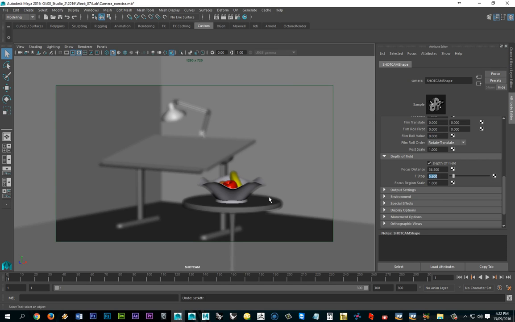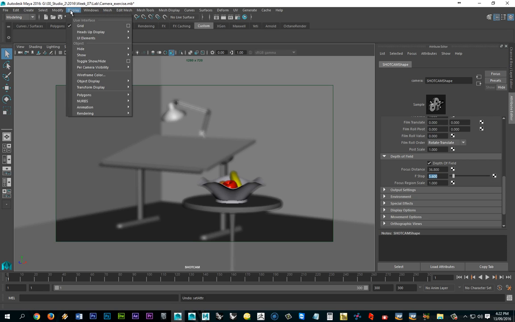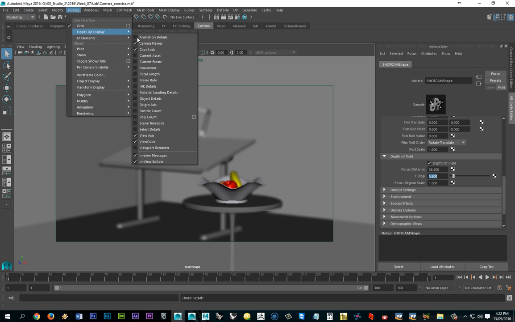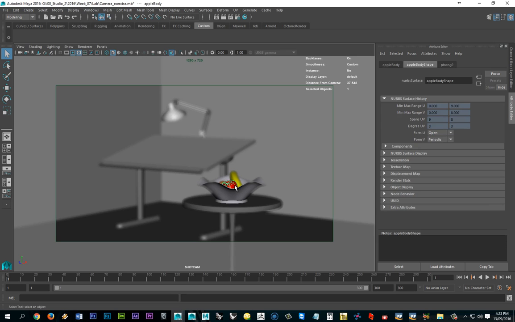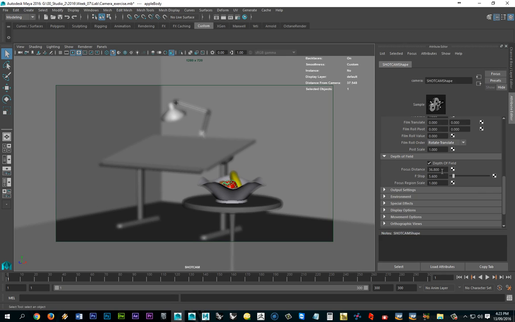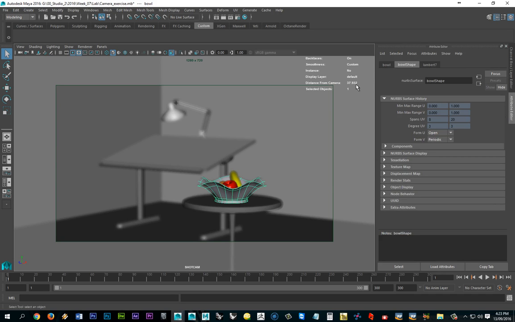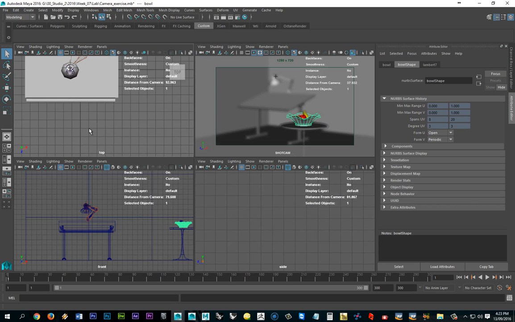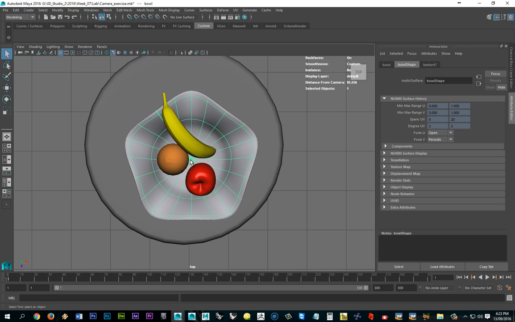There is another thing I want to point out. If we want to figure out how far away an object is from the camera, without interactively adjusting our focus distance, we can do that by coming up to our heads-up display and having a look at our object details. If I click on the apple here, it tells me the object's distance from camera, and it's important to realize this is its center point: 37.548. If I came back here and looked at what I had on my camera, I was at 36.8, so that was pretty close. For the bowl in general, it's 37.932, and it's worth pointing out that that is the center point of the bowl